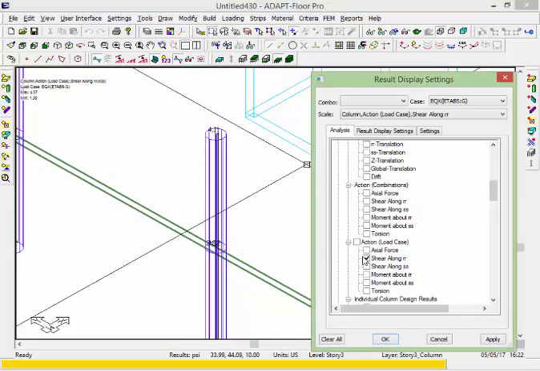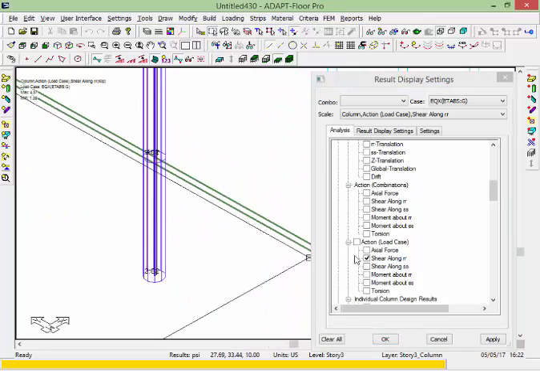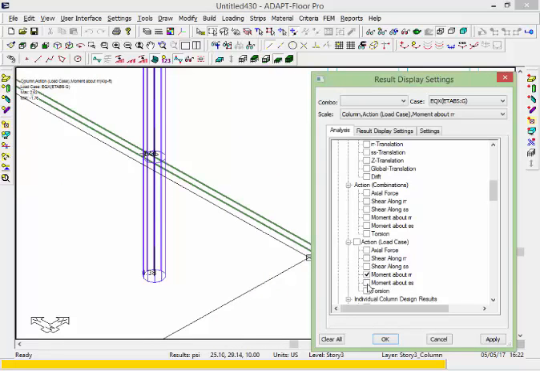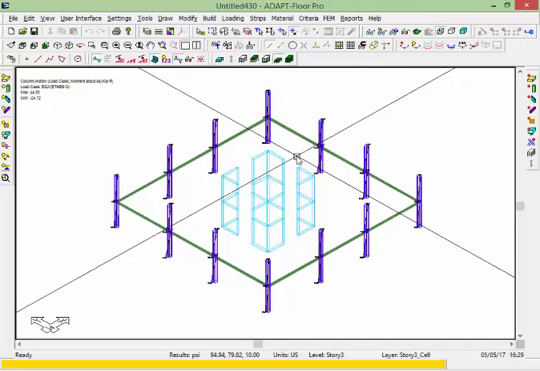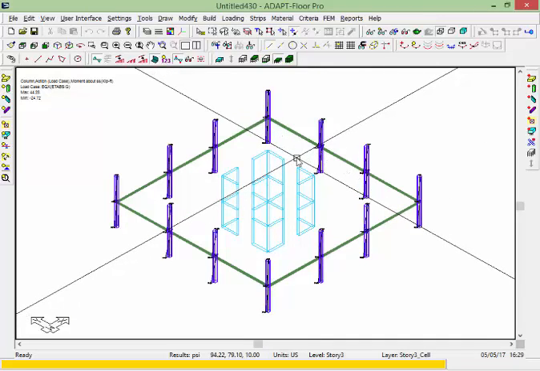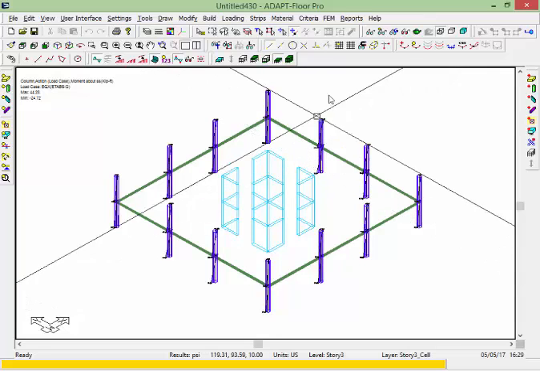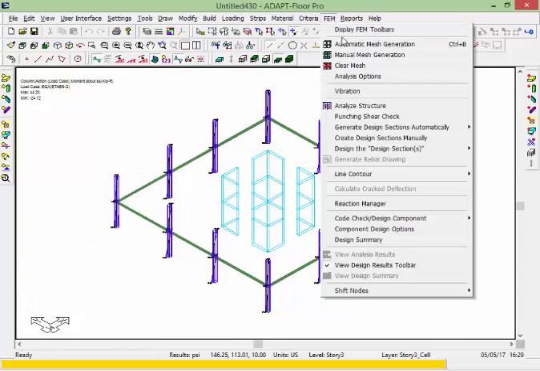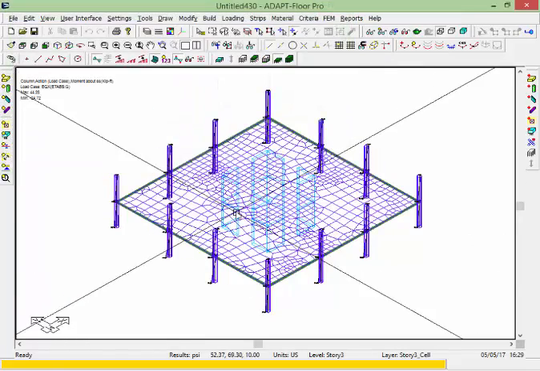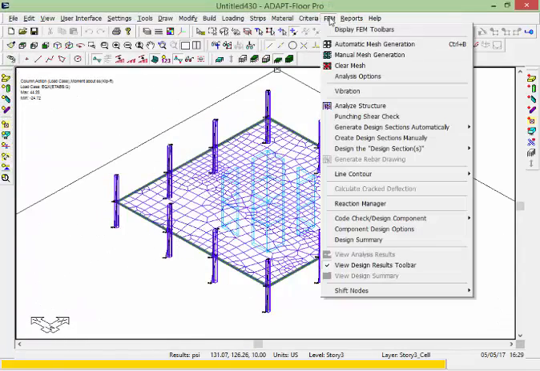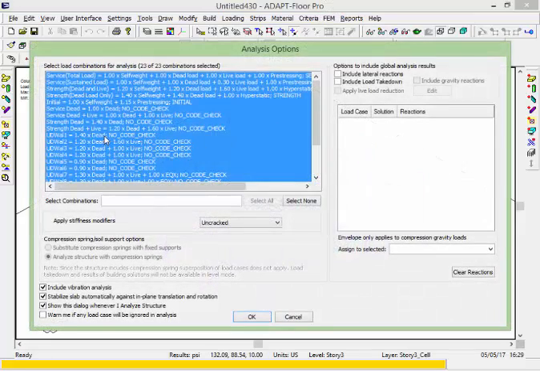So we have the shear forces and also moments C1. Let's say we wanted to run this single level analysis with the reactions brought in from ETABS. First I need to mesh the slab, so I'll go to FEM, Automatic Mesh, and I'll mesh this single level, and then I'll go to FEM, Analyze Structure, and we can see that the load